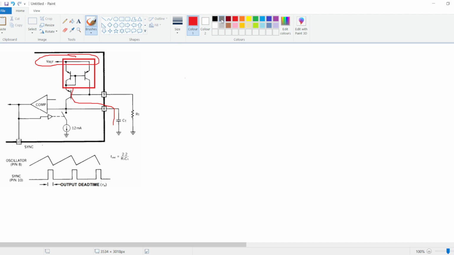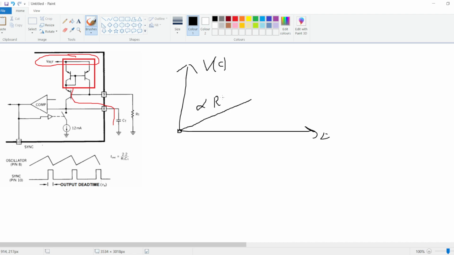So the capacitor will start to charge because we assume that at time t, this is V of C, it starts from 0. It will start to charge, and at a certain point it will ramp up with a slope which is dependent on RC. Now, once it reaches the desired voltage, which here will be a reference, this will activate a comparator, and the comparator will activate the logic to reset the